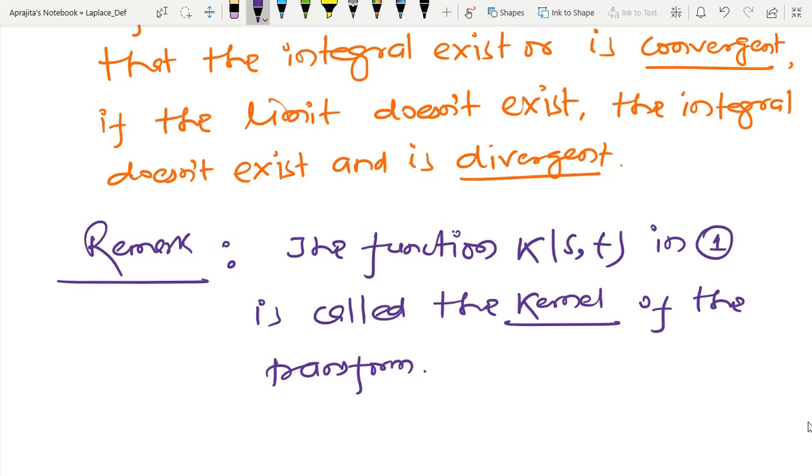So in this particular course I am going to choose K(s,t), the kernel, in some very specific way,